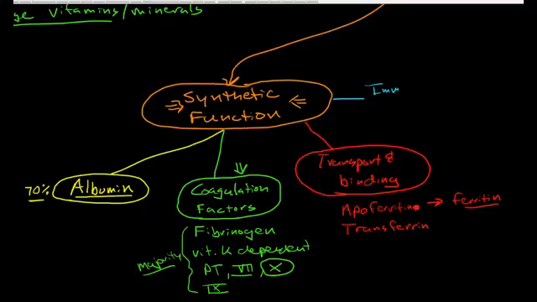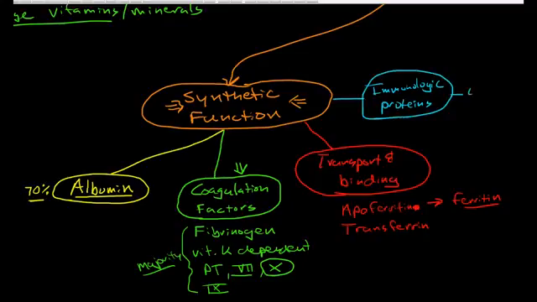And then we have immunologic proteins, and that includes all of the complement proteins and many of the proteins in the kinin-kallikrein system. So if you can imagine, if you lose synthetic function of the liver, I'll make a slide talking about the liver function tests, and the way that we measure loss of synthetic function in the liver